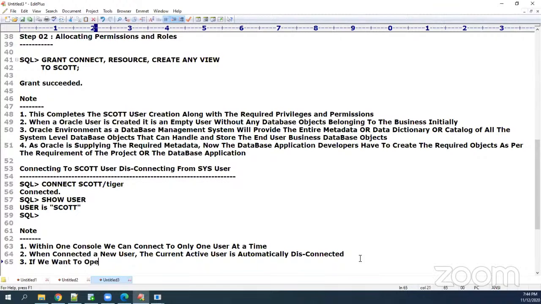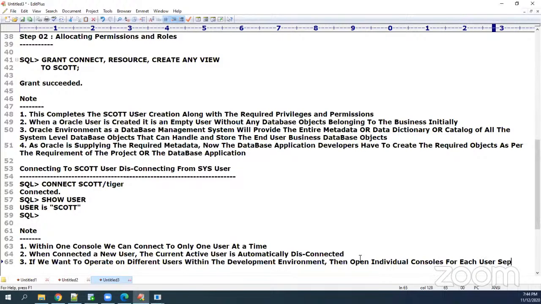The third point is, if we want to operate on different users within the development environment, then open individual consoles for each user separately. Okay,